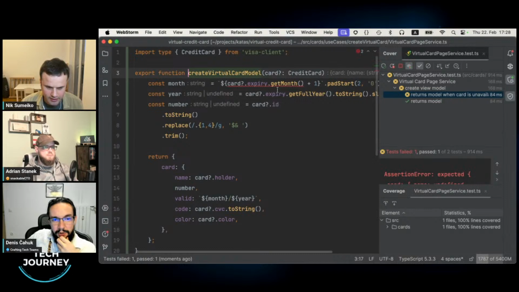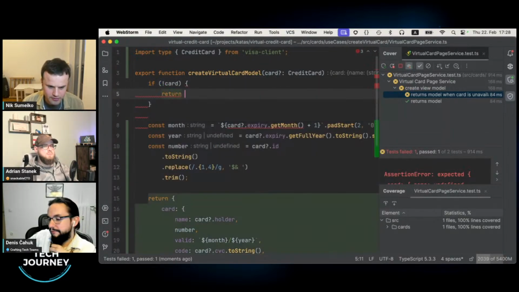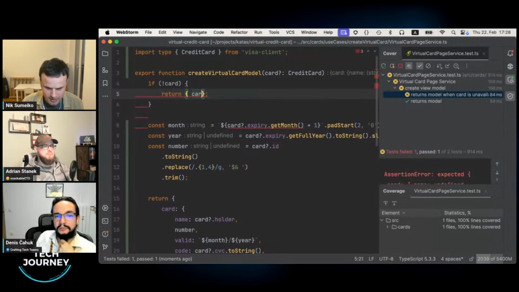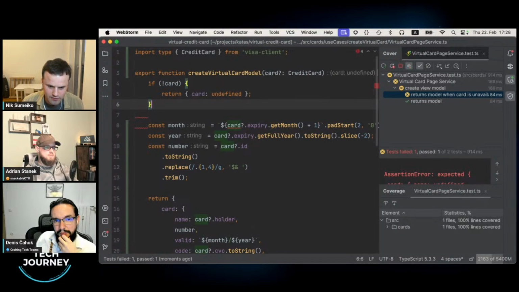So we go in here. This requires an if statement. Precisely, business logic, if statement. So if card is not available, let's exit as soon as possible. Card will be, let's say, undefined, or maybe you could just return an empty object that will fit. Now we don't need these question marks anymore. That's a chaining operator. Yeah.